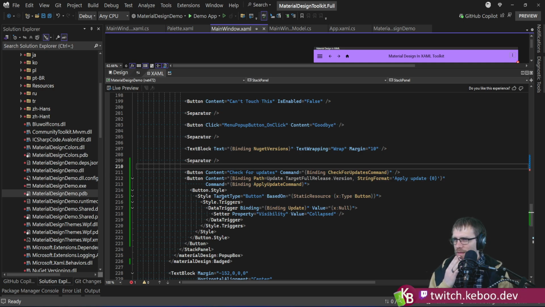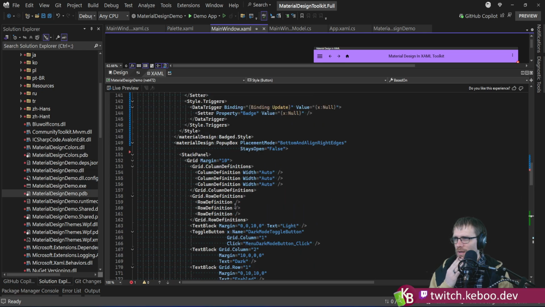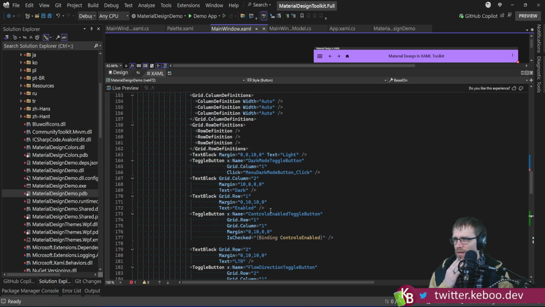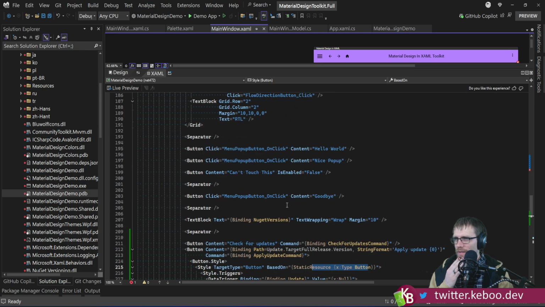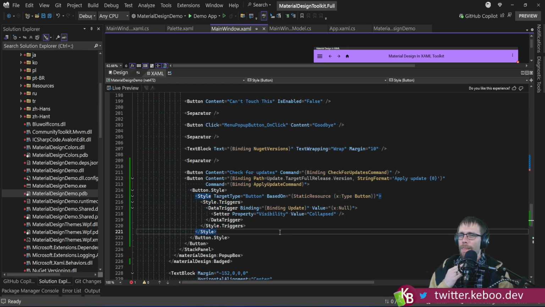Why did this break? Was there an implicit button style in here somewhere? There's a button style that's not being applied appropriately to this one. Yeah, so